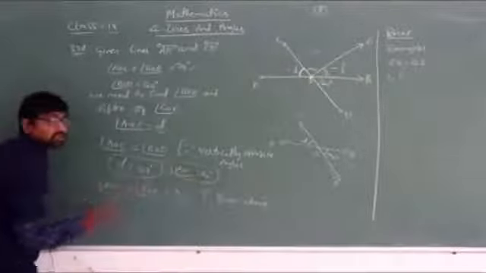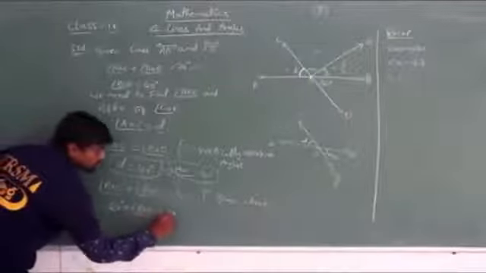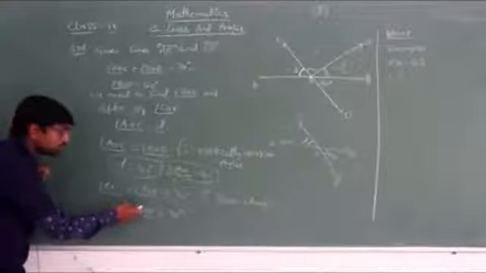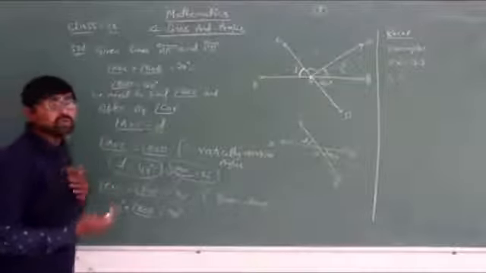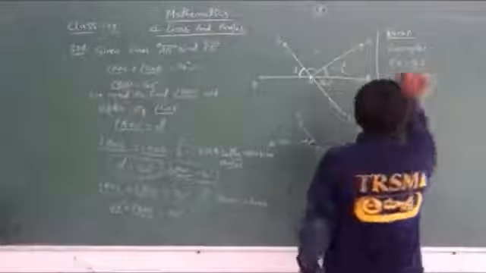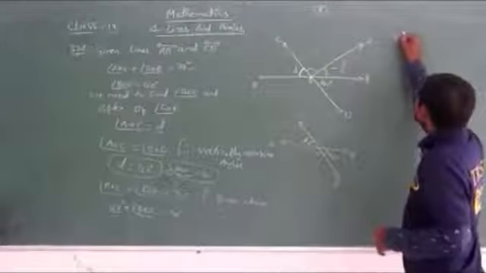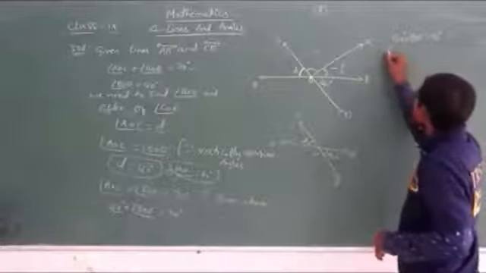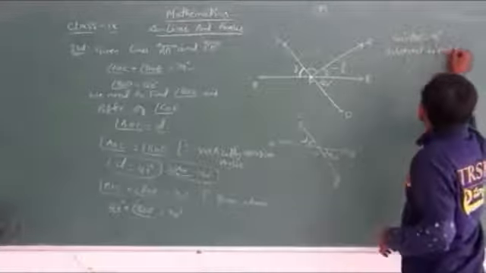So here I have got angle AOC as 40 degrees. Therefore 40 degrees plus angle BOE is equal to 70 degrees, isn't it? Now 40 is added to this unknown angle, so we have to use the additive inverse of 40 degrees. That is, we need to subtract 40 on both sides. So 40 degrees plus angle BOE is equal to 70 degrees. Subtract 40 degrees on both sides.